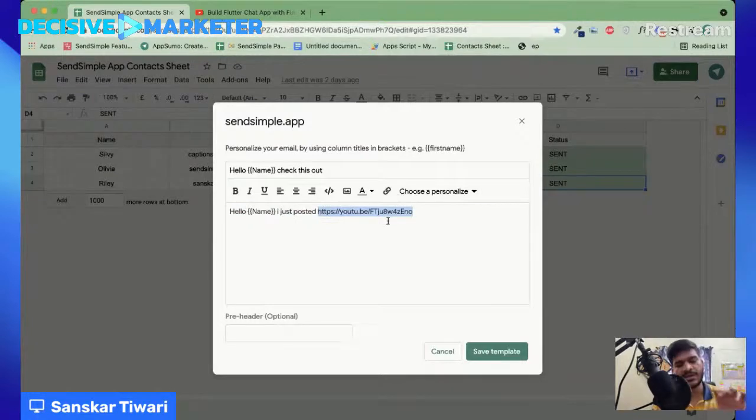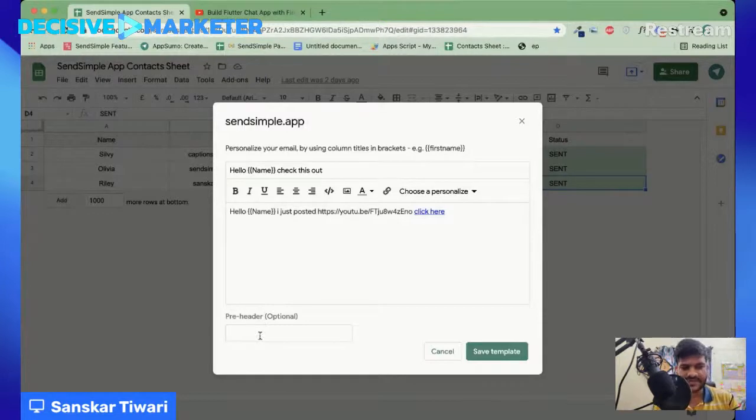So here's how the link will work. If you directly post the link, if you are sending that to Gmail, it will automatically convert that to a link. So I don't have to actually do that. But for example, if you have something like click here, then you can just click on that and paste the link like that. So nothing too complex. It's a basic editor for writing emails. As part of it, you can use personalize directly from here. You don't have to write it as well.